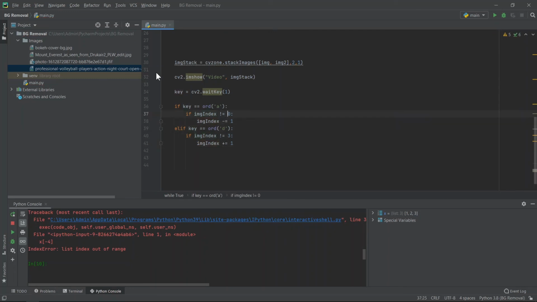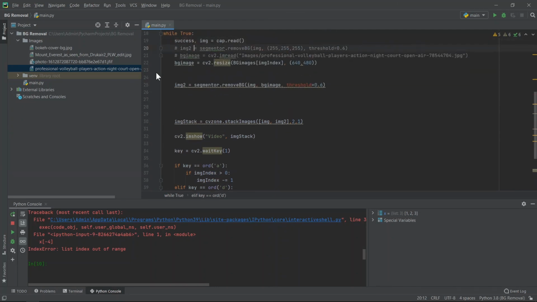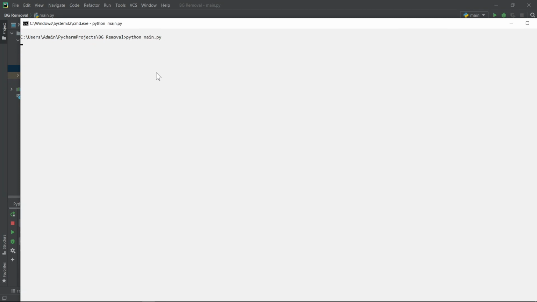Now instead of going for less than equal to or not equal to, it's better to go for less than and greater than. So here we are checking that if the user has pressed A and the current image index is greater than 0, then we can decrease it by 1, and if it is 0, it won't allow us to further decrease it. Same will happen over here, that if the image index is less than 3, so if it's 2, it will make it 3, but when it's 3, it will not allow us to move any further. And then over here, we are just using this image index to extract the image, and we are using this image over here. So now if we run it again,